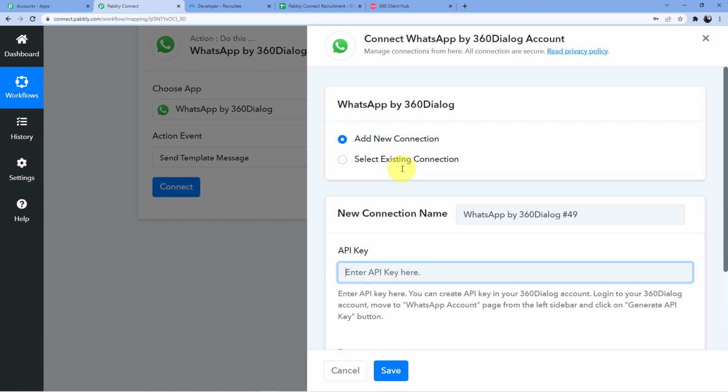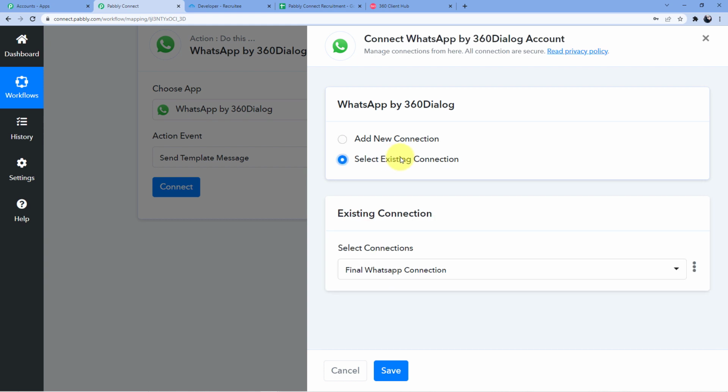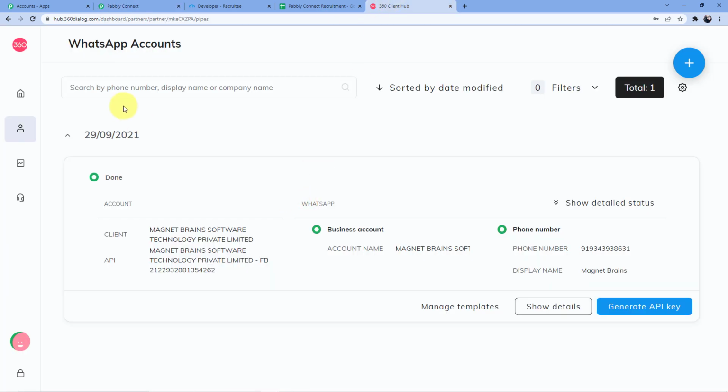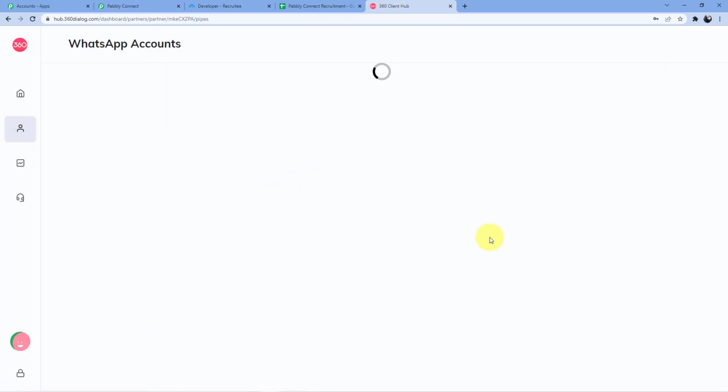Now I already have connected my account, so I'm not going to regenerate my API key again. I'm just going to select my existing connection, and here you can see this is the final WhatsApp connection. Okay, so I'm just going to save this connection, and now let me tell you what is this send template message. Here you can see in WhatsApp account,